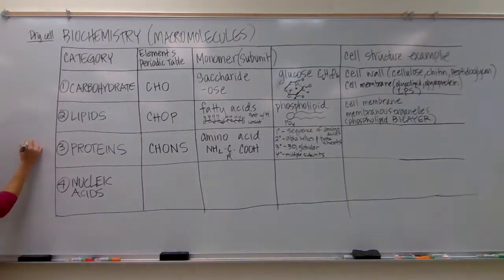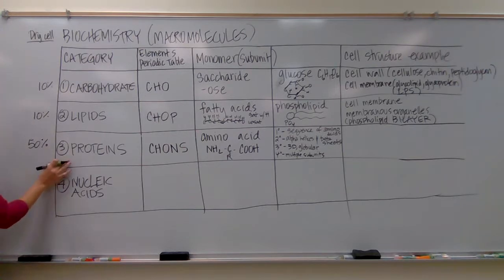A dry cell has approximately 50% protein composing it, about 10% lipids, even though many people think lipids are quite common in the membranes, 10% carbohydrates, and then you have to start thinking about what does it take to make